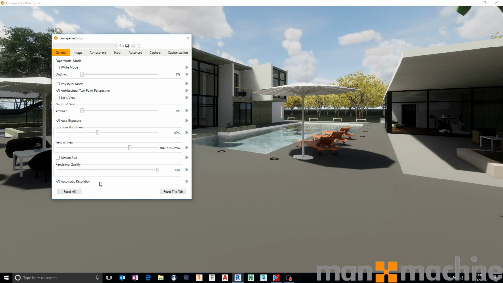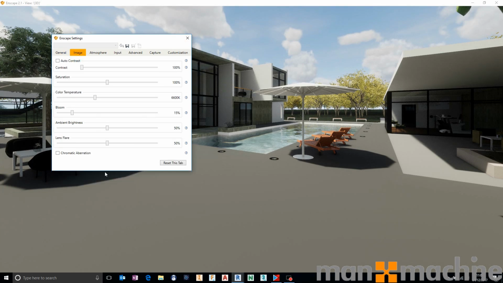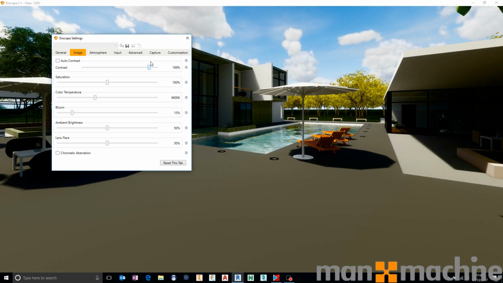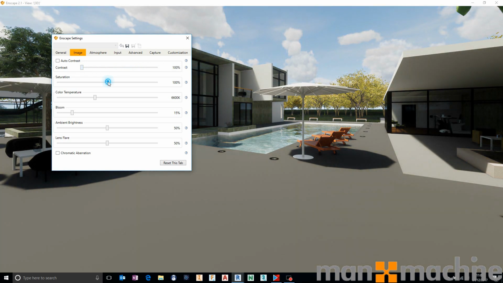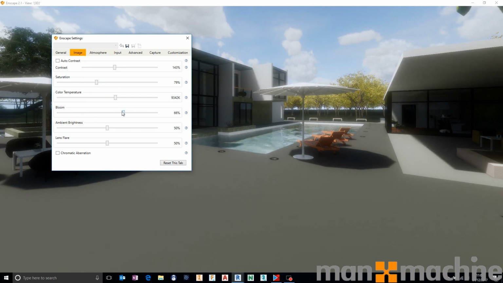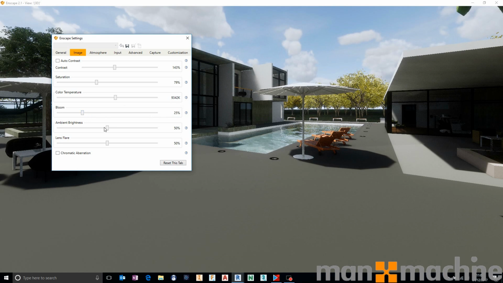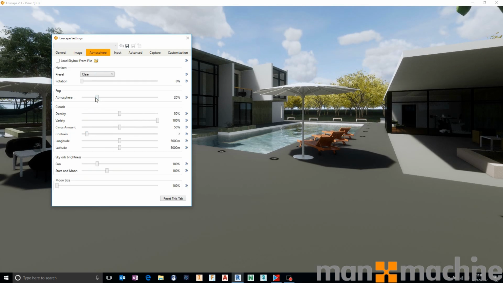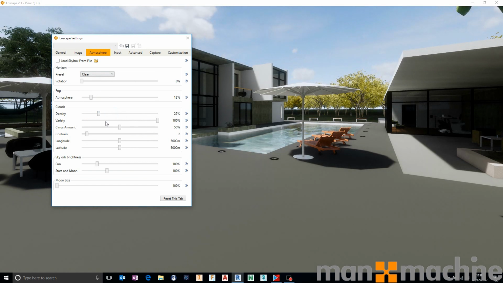and show you that we can also go into our image, play with our contrast should we want to, play with our saturation should we want to. We have the ability to really chop and change the render so it looks however we would like it to look. We can play around with the bloom to make it look like there's more reflectivity or more light bouncing off things. We can play around with the ambient brightness and play around with the lens flare. So all of those atmospheric look and feel that we might want to have and that we might want to play around with, we can